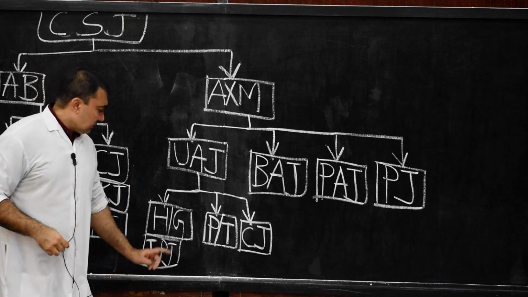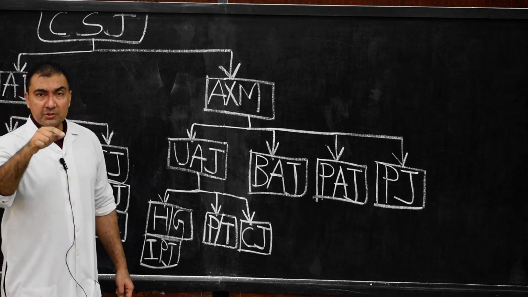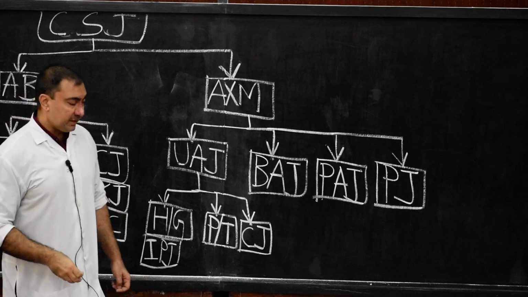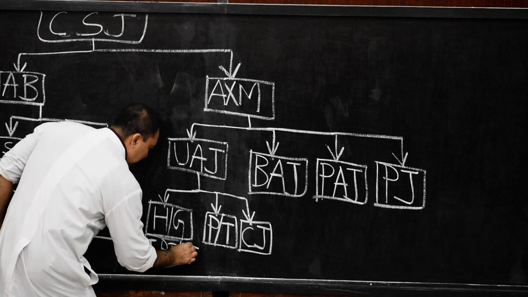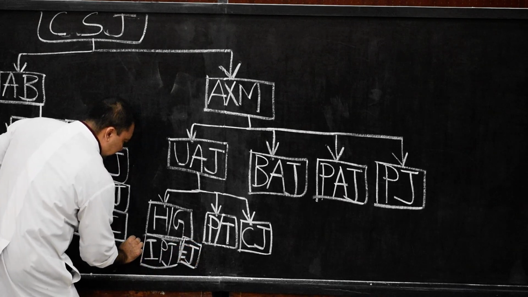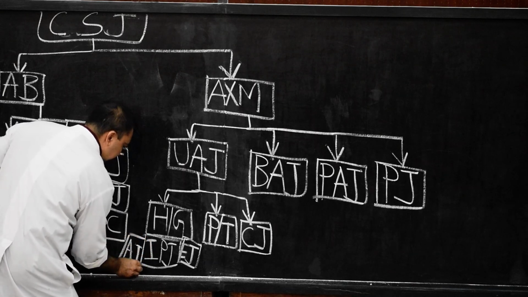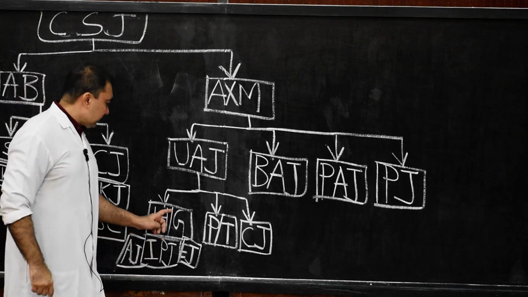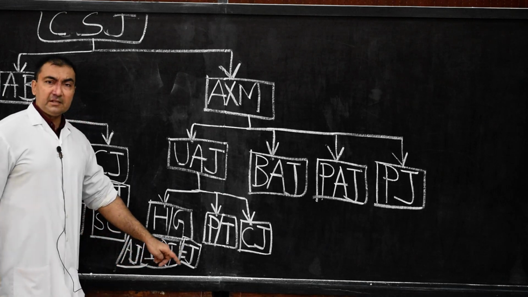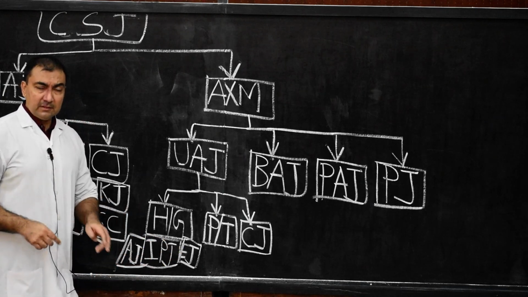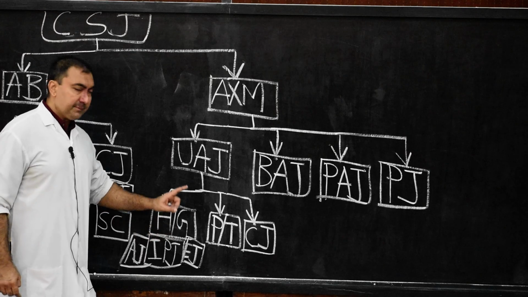Other examples of hinge or ginglymus, along with interphalangeal joints, are the elbow joint and ankle joint. Very important. So please note down here: elbow joint as well as ankle joint. So here we finish the hinge or ginglymus variety. Examples are the interphalangeal joints across the phalanges of the feet and hand, then the elbow joint and ankle joint. Hinge or ginglymus variety is over.